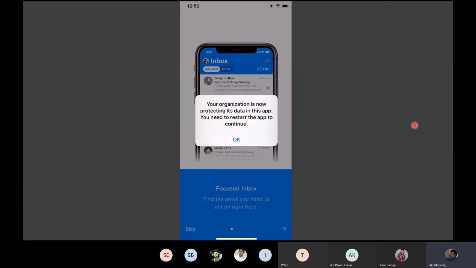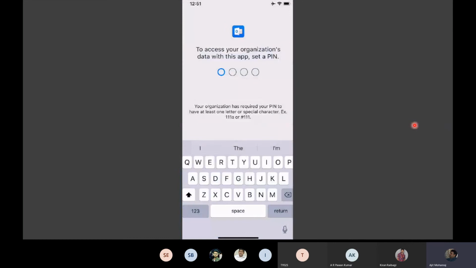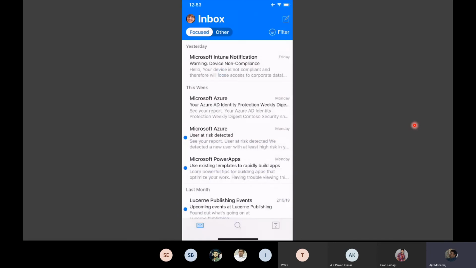But now, since this is an application managed by the organization, I'm going to ask the user to restart the app, because if you're going to use mail to access from my staff, I need you to put in a 4-digit PIN, for example, right? Otherwise, if you're not coming to me, you continue using your Microsoft Outlook whichever way you want. But the moment you're trying to access stuff from me, it becomes a managed app. And therefore, you have to put in this 4-digit PIN to access.